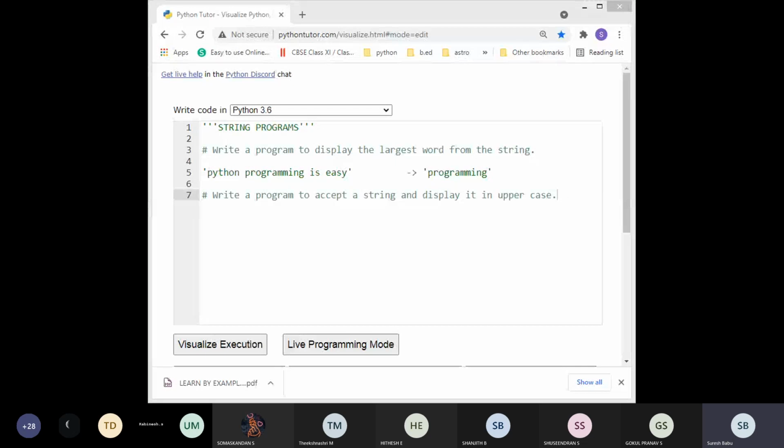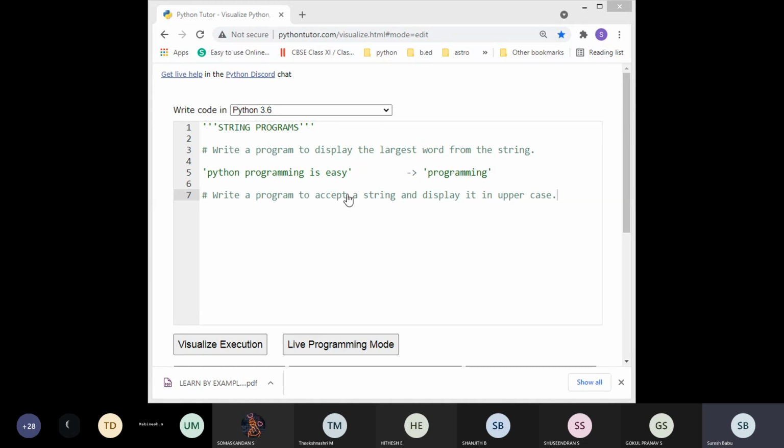So kindly do it now, and if there is any doubt, ask me. I will be in the meeting only. With this, we are going to complete the string related topics. Tomorrow, you are going to write an MCQ test. Students, the portion I already told you: the full string chapter.